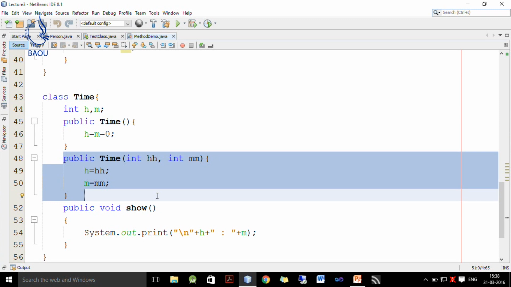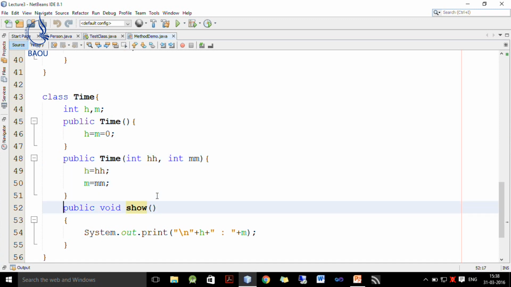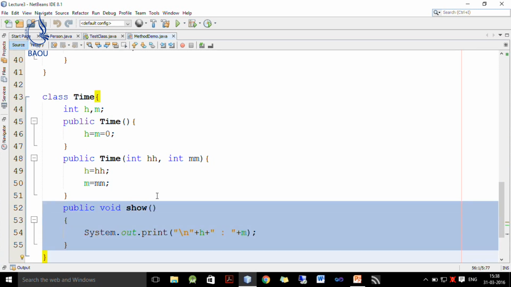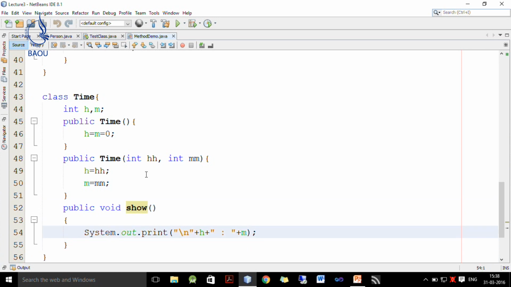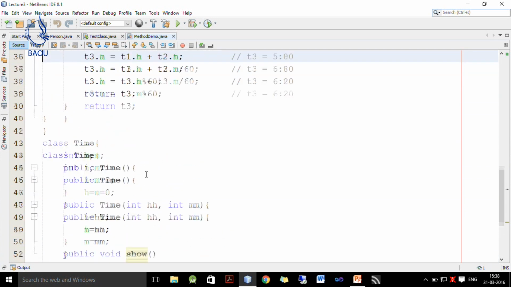So, here h represents hour and m represents minutes. So, h is initialized with h and m is initialized with m, and this show function just displays our time in hour colon minute format. So, show just displays the values of h and m, which represent hour and minute. I hope this Time class is clear to you.